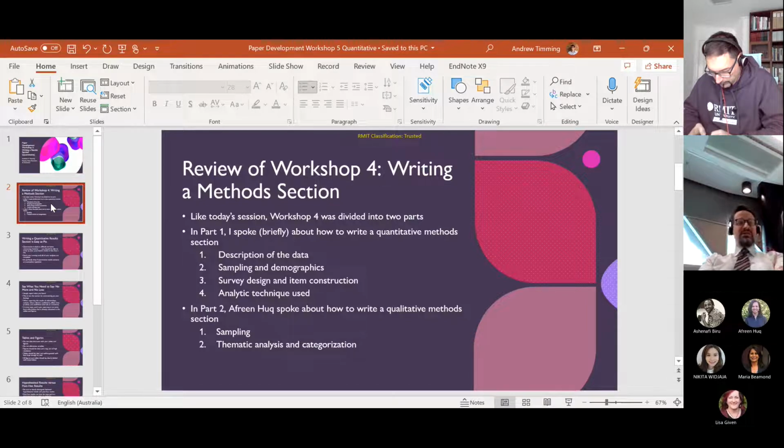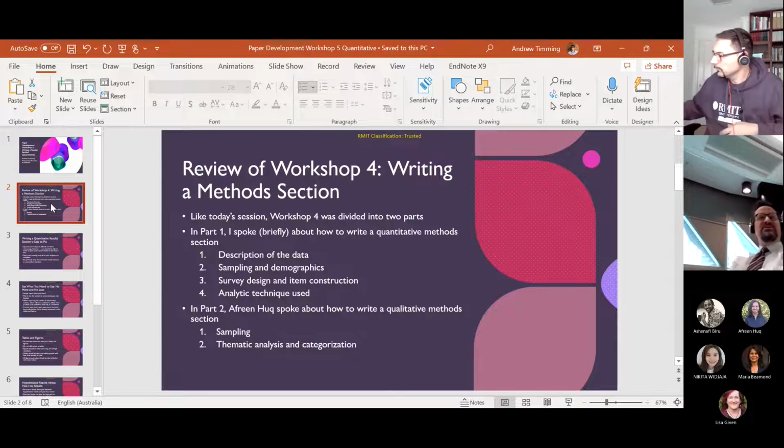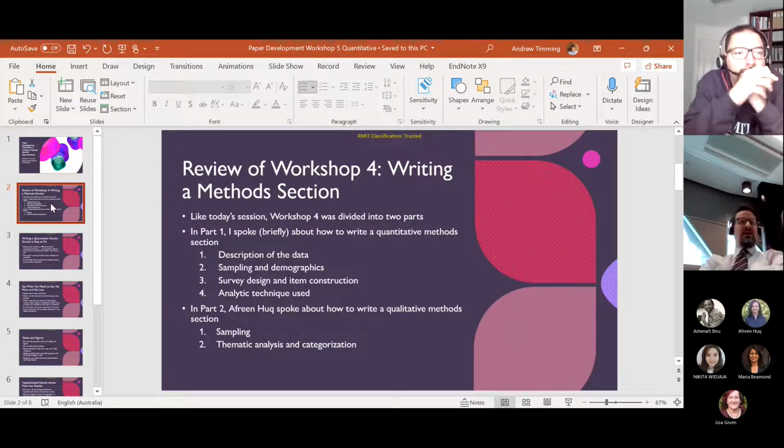In the first part, I spoke briefly about how to write up a quantitative method section, and I articulated essentially four key clumps of information needed when writing a statistical paper. These include a description of the data, a description of your sample, how your sample was drawn, and perhaps some reporting of the basic demographics of your sample,